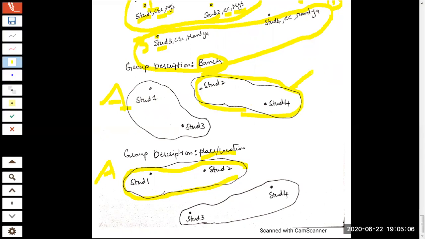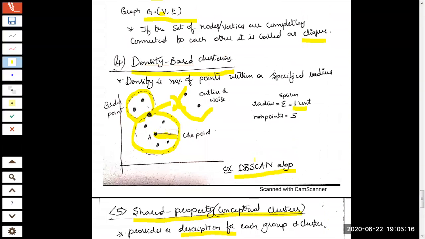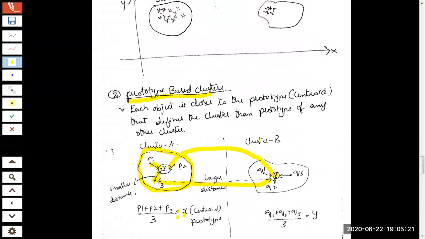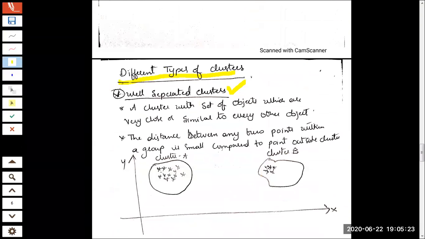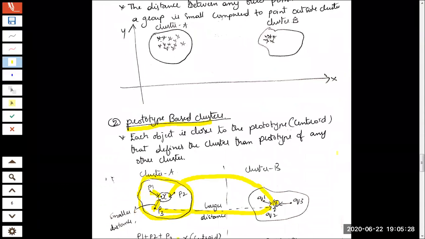So this was a description based cluster, and we understood what it is. This was the last of the cluster types that we discussed. In total, we have discussed 5 different types of clusters under the section types of clusters. We will conclude this discussion at this point. We have completed topic 1, module 5, topic 1. Thank you for listening.